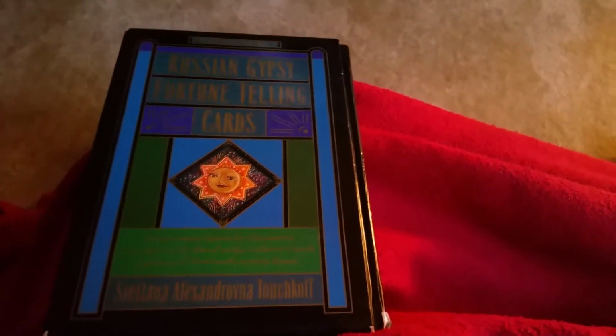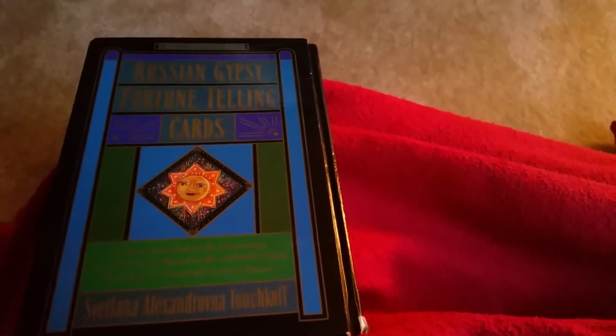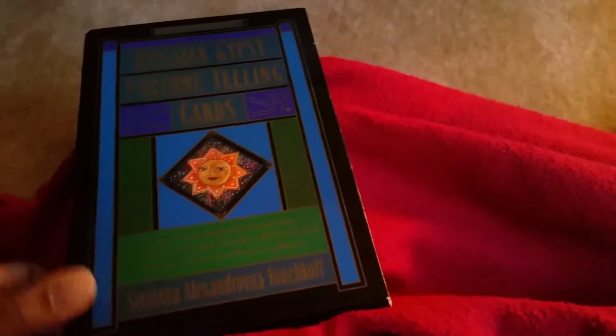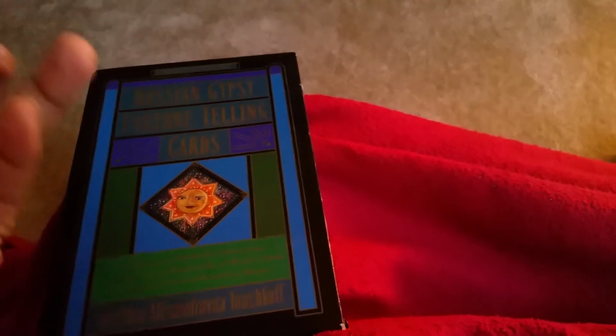This review is going to be for the Russian Gypsy fortune telling cards, and this is my go-to deck. Like, this is what I use 99.9% of the time when I have a question or want to give a reading for somebody, of course depending on the situation, but I feel like it gives me the full story, full answer. It gives you time frames of when it should happen, and I've definitely experienced those time frames coming into fruition. This deck is by Svetlana